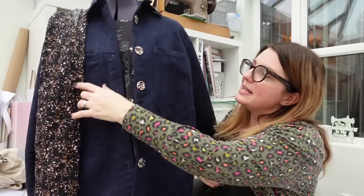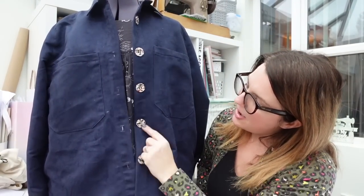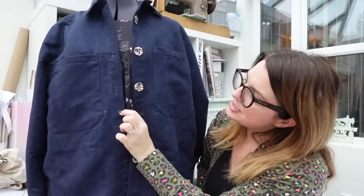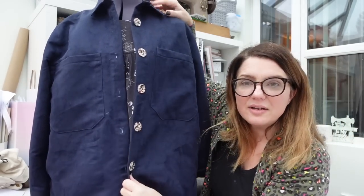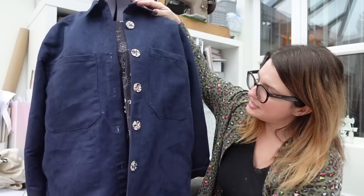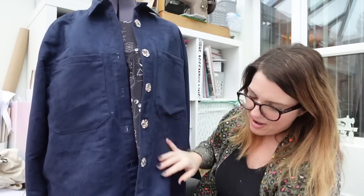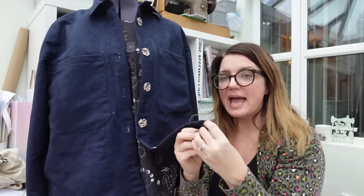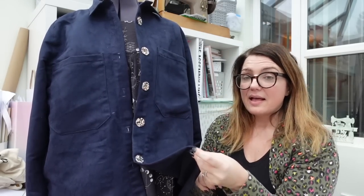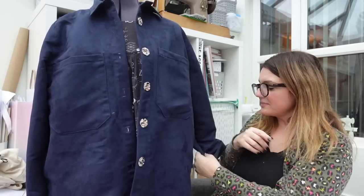So things have progressed since you last saw me. I now have the button placket done. I have my buttons sewn on. I do need to make my buttonholes, but I will do that next. My collar is all on, and it looks pretty good if I do say so myself. Pockets are all on. Still needs a press, and I just need to hem it. So the last thing that I need to do is put the buttonholes in, hem it, and sort the